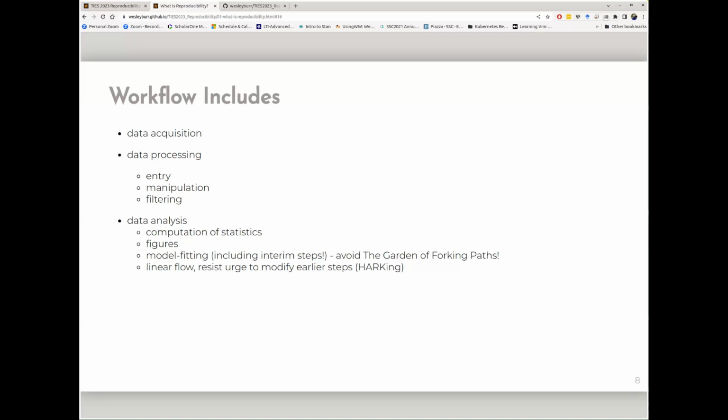This is the process known as HARKing, or hypothesizing after the results are known, where you run through the data, you get the final results, then you come up with a hypothesis that you think explains those results, which is doomed to failure. By which I mean it's doomed to success, but that's a failure of the scientific method. So this is hard to do. Don't get me wrong, it is hard to do. But these last two are really a reason why we encourage pre-registration.